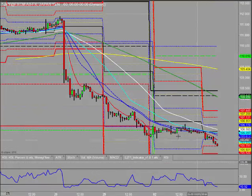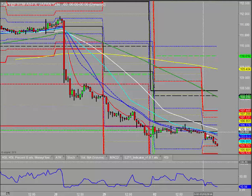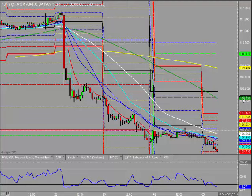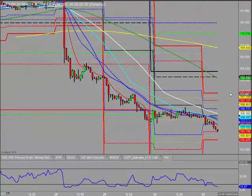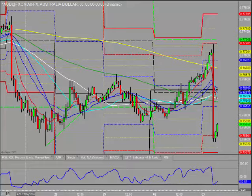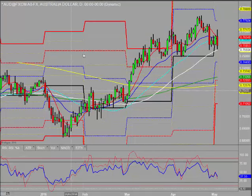From an hourly perspective, it's a pretty pinched day yesterday, tight range. We're already down to the S2 at this juncture. At the moment, these pivots could just be absolutely fried because of how tight the range was from yesterday. Aussie dollar, well, as I said,